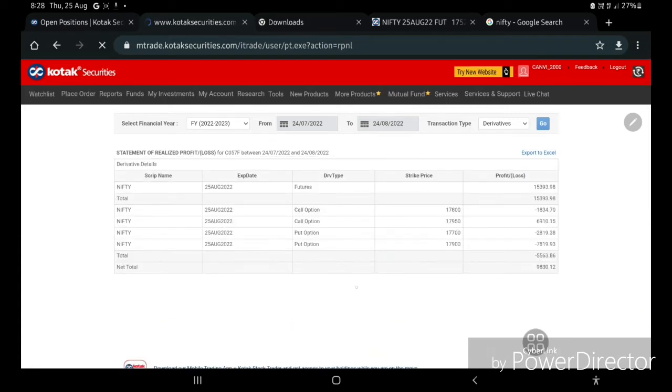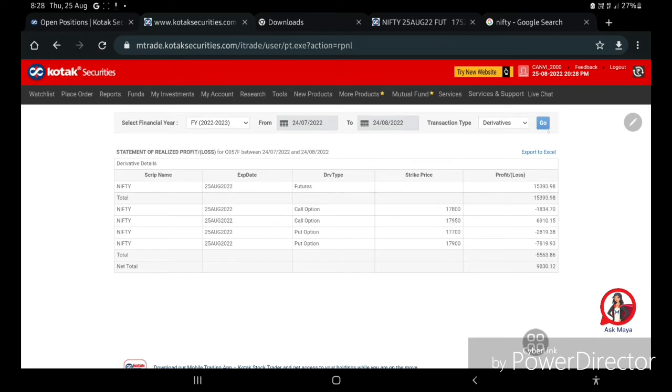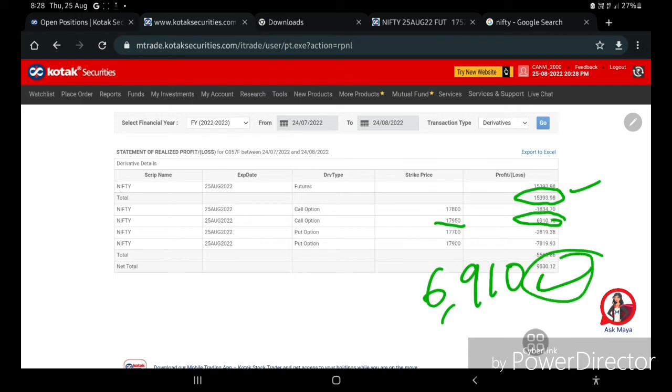So you can see that previously I had done some trades before 17th, and from that I made 15.3k profits, and you can see here from the call option that I sold for 17,950 that I received the premium of 6,910. So this was like my monthly income, because that Nifty future